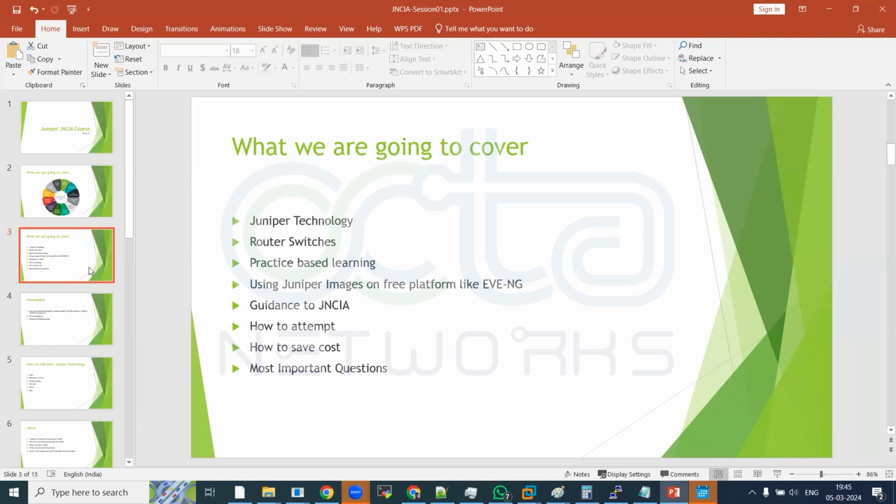Hopefully, this will be covered in 2 to 3 weeks. In 3 weeks, we are going to cover up. Maybe it will be covered a little earlier, but max to max in 3 weeks we are going to cover up. And these are the points that we are going to cover, like Juniper technology, and the routers and switches will be in our focus, right? So I hope you already know the Cisco technology like CCNA. On top of that, we are going to build this.